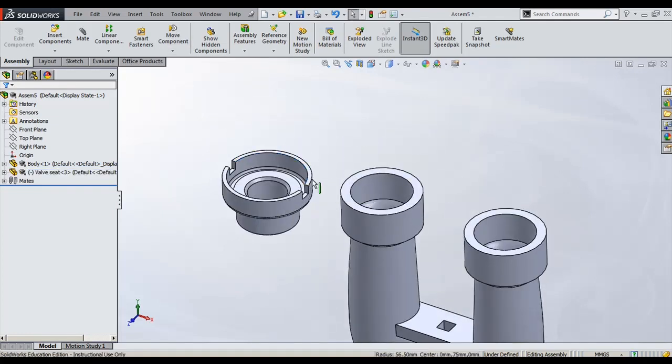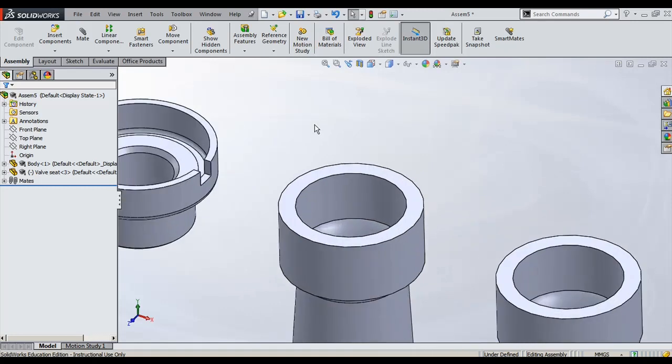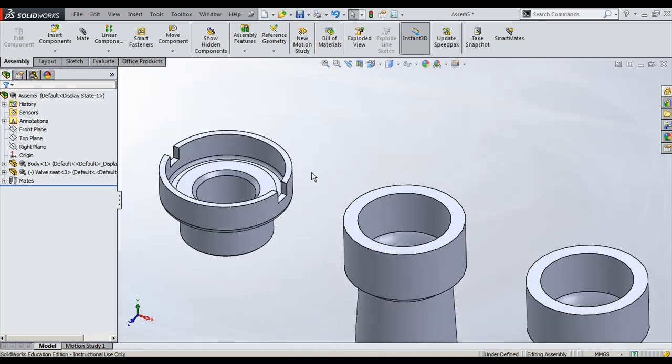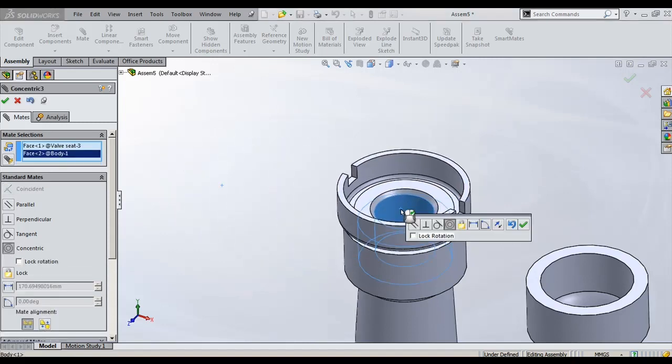Now the part is located here, and this part is not constrained, it doesn't have any condition, so it can freely move in this space. This component should be placed on this surface, that is on this slot. Now I will choose mate once again, retrieve the mate command to add the mating condition, and here we require this surface and this surface to be concentric. You can choose this surface and this surface randomly. Automatically you can see the concentric